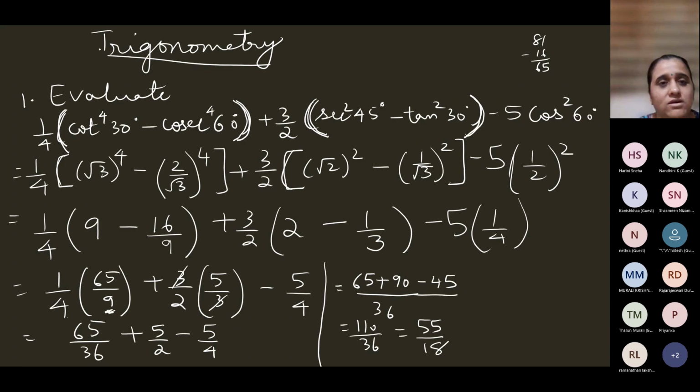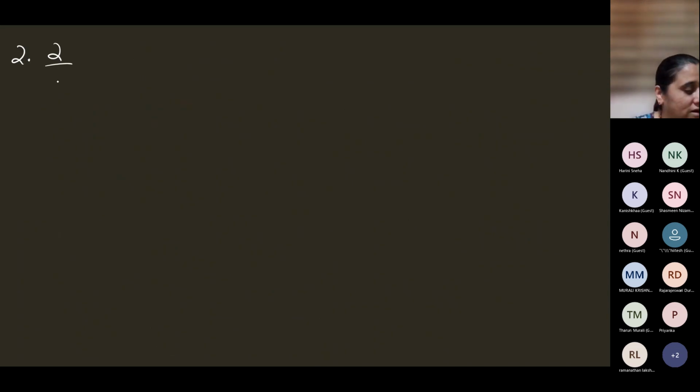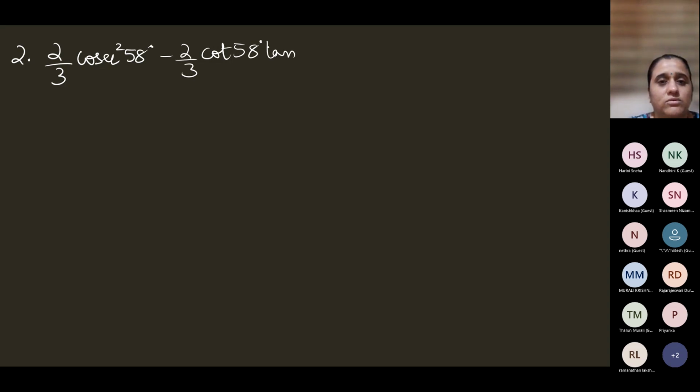Next one, same heading, children, evaluate, but now the angles are not standard angles. In the previous question, all the angles were standard angles, so you could pull the values from the table. Okay, so the same heading, evaluate 2 by 3 cosecant square 58 degrees minus 2 by 3 cot 58 tan 32